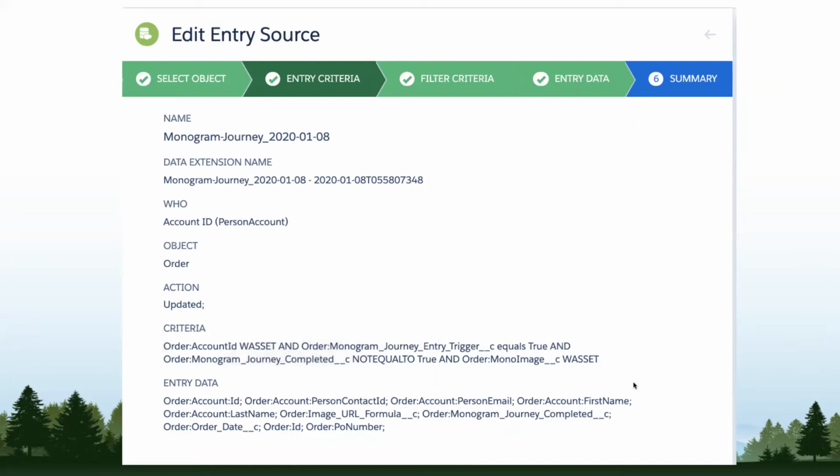So we're looking for account ID that is not blank. I haven't been able to find out why it's worded that way. I'm not sure, but that's what it means. So you set the is not null when you're setting up the criteria, and that's how it looks in the overview. All right, account ID is not blank,